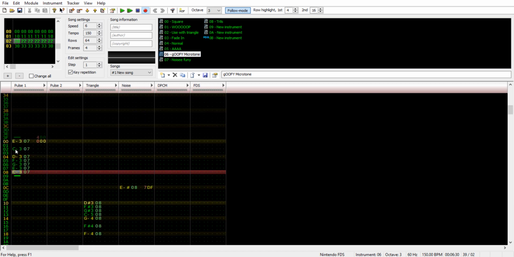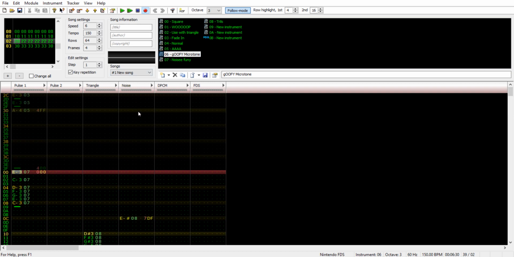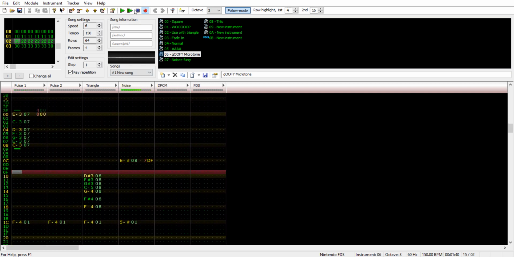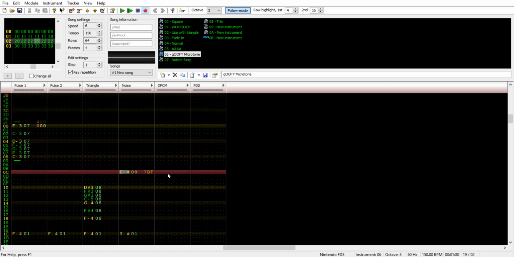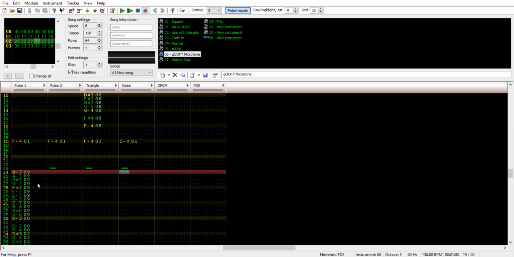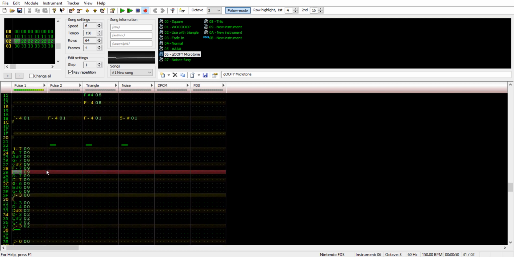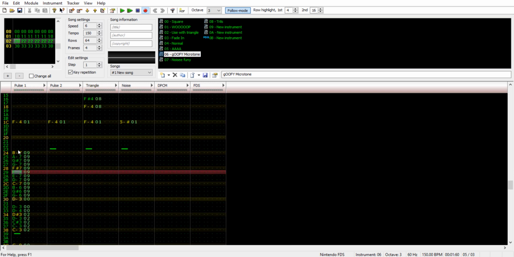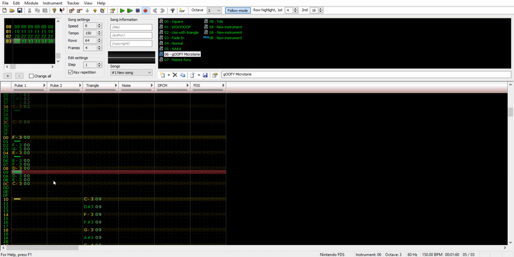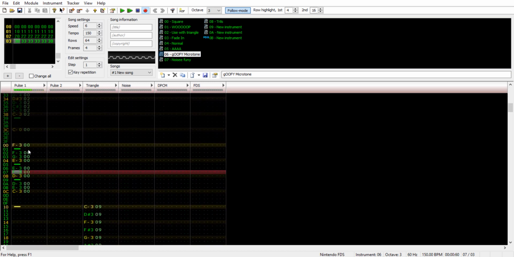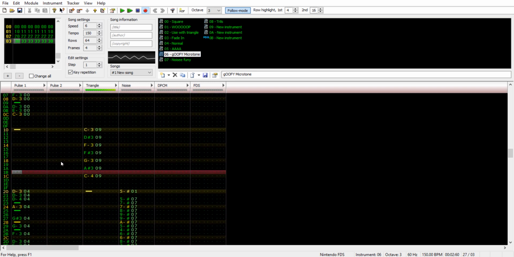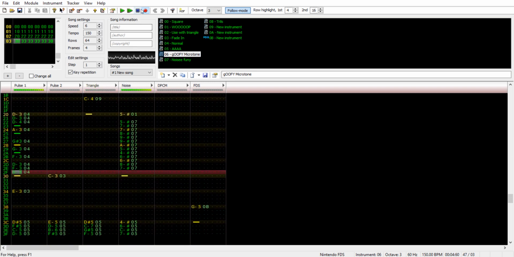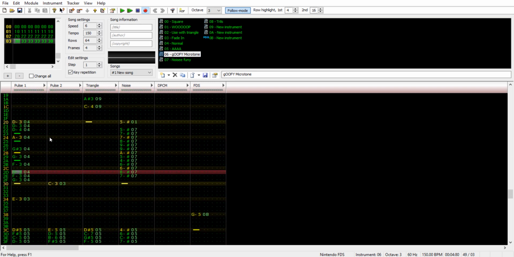We have this on the noise funny thing. Some more random noise here. I can't even explain it. You already know. I'm abusing the fact that FamiTracker is so funny to use. And I couldn't not sneak